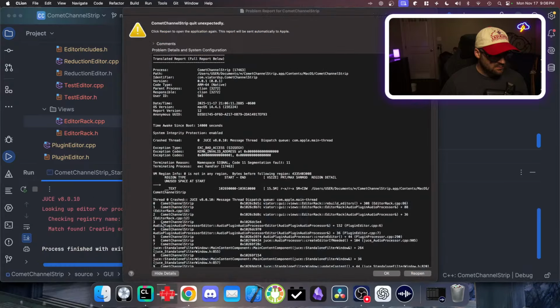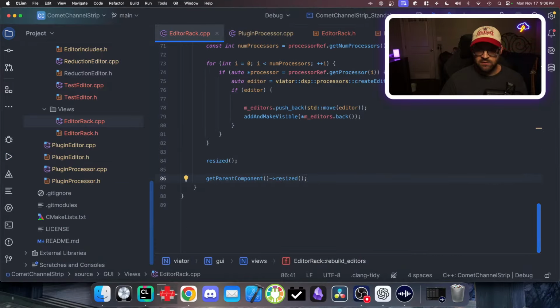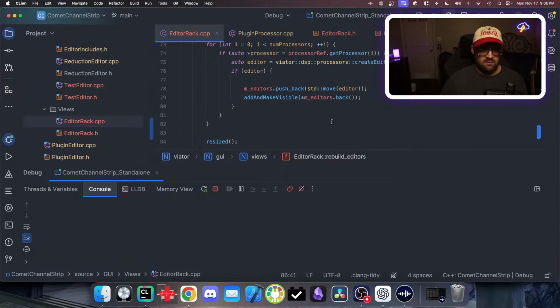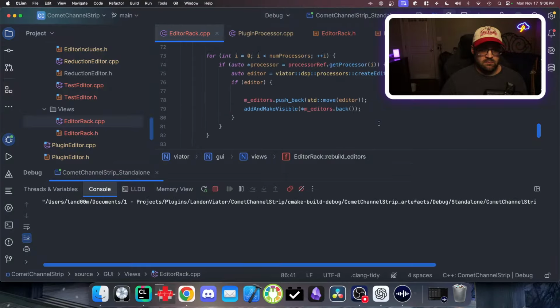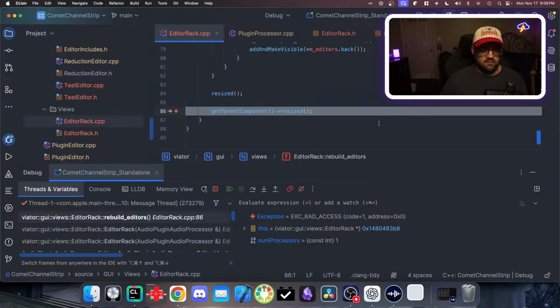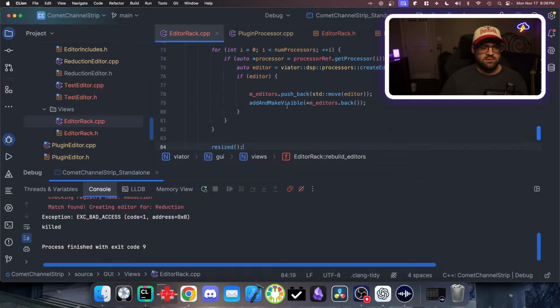Match found for reduction, but we're still having some stupid issue. Oh, apparently it doesn't want to do that. Okay, whatever. Let's also see if this is running twice, like we would expect, because we put 2 in the